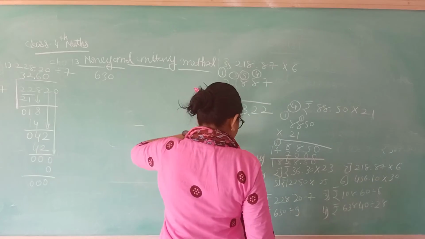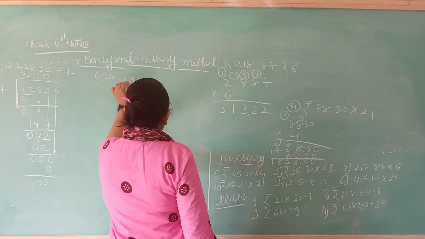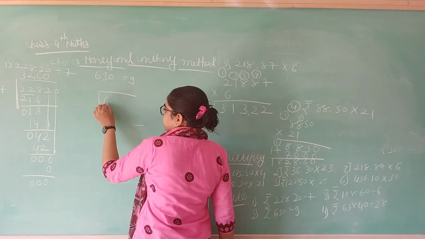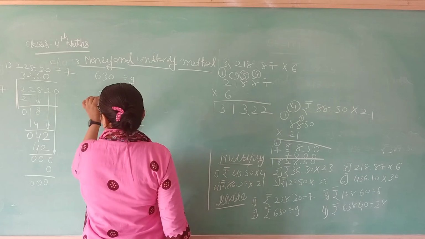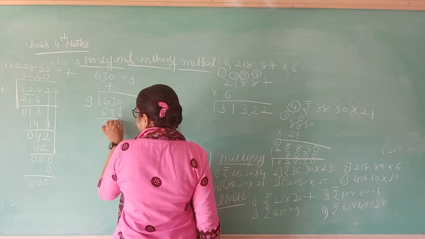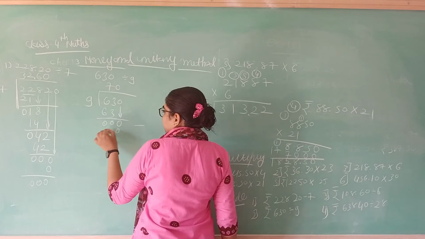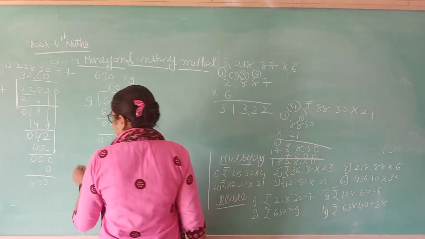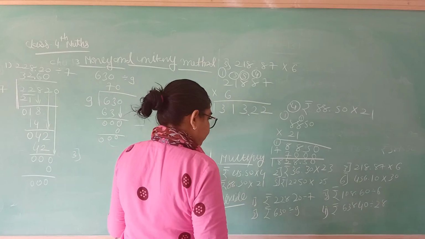Okay, then next sum: 630 divided by 9. Okay, 630 divided by 9 is very easy. 630 divided by 9. 9 7s are 63. Then bring down the 0 on the inner side and on the upper side also 0. We get the answer 70. Then the third question